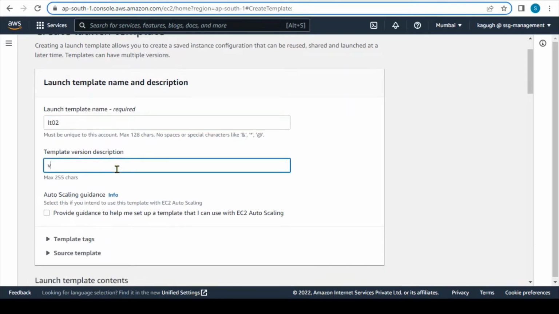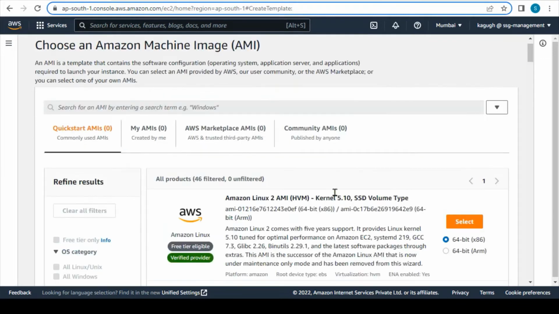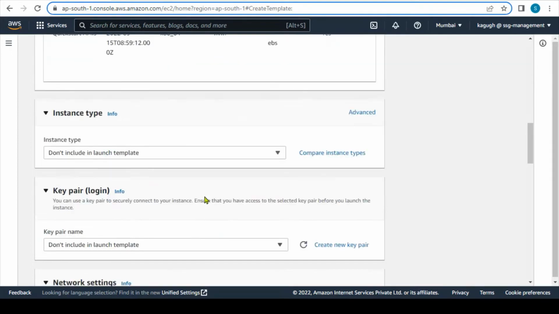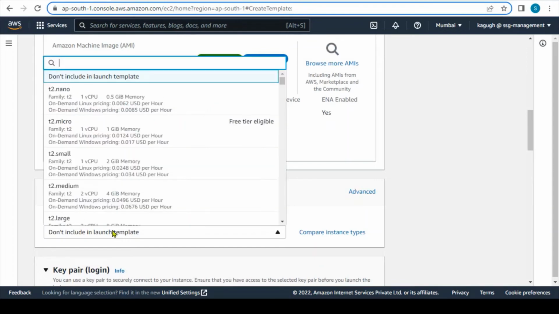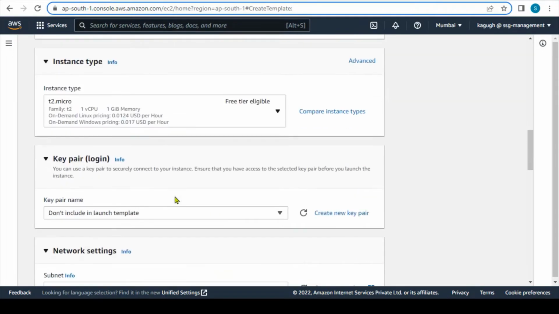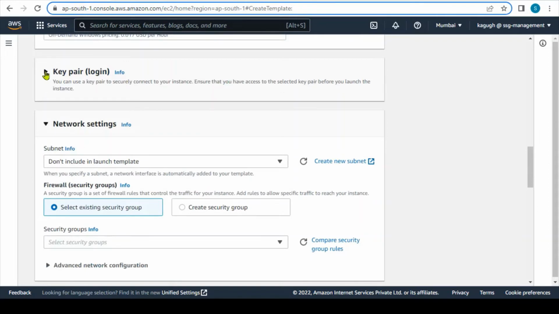Let's give a simple version V1, and we'll choose the free tier eligible AMI, and then select the instance type, that is T2 micro. After that, I need a key pair, because I need to log in to the